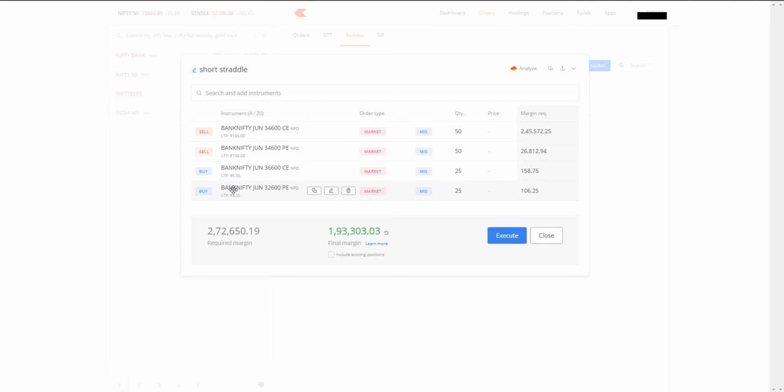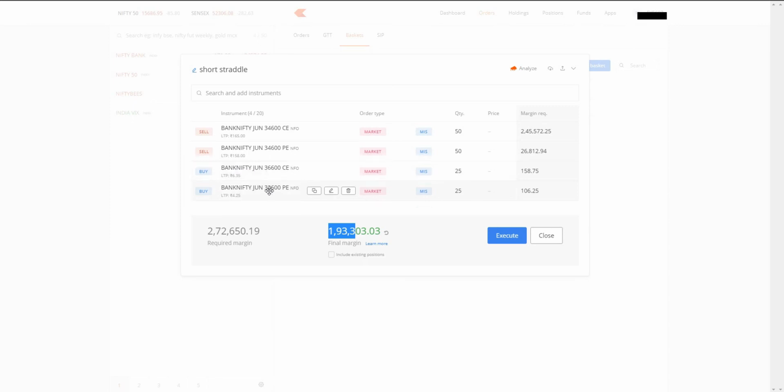If you don't want to lose more than this amount, you can just stick to this, so that you will have this margin to be used. If you still want to reduce, you can just increase this lot size. So this is how you can reduce the margin. This is for OTM.